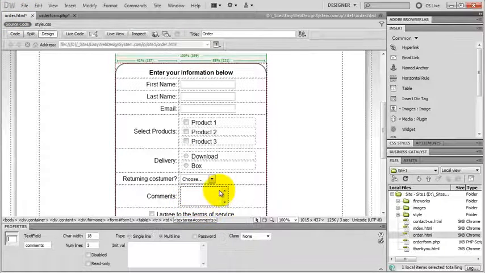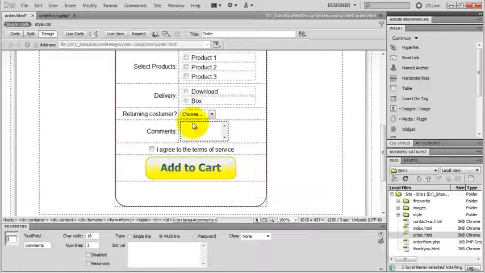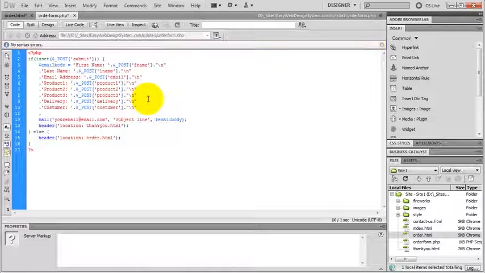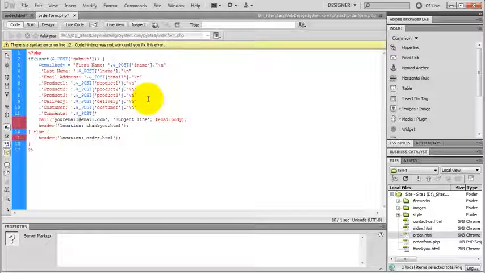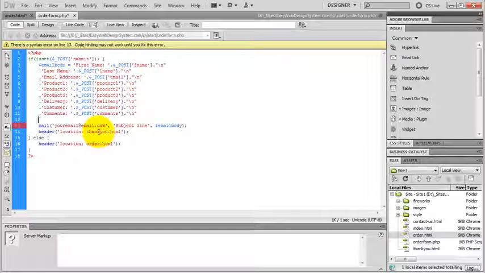and I have a text field for comments selected, and the name of this text field is comments. So I go back to my PHP file, and I type in comments. Alt 92, and next I'll go back to my form,